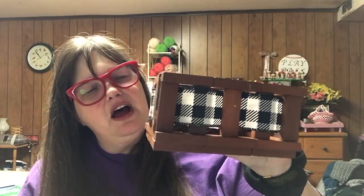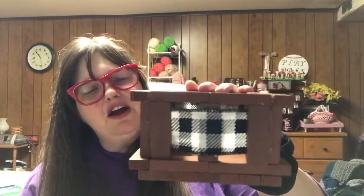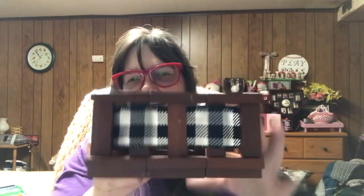To glue these together, I used the wood glue, and I think I also used my tacky glue next to the wood glue. But I figure as long as I'm not doing anything that's going to be weight bearing, you know, I'm not going to be putting anything heavy on it, it's fine. It's just going to be sitting here. So anyway, this is one of the boxes. I just made a trinket box